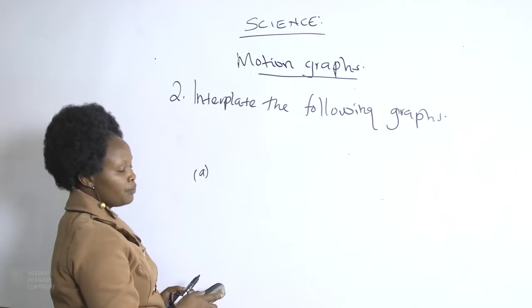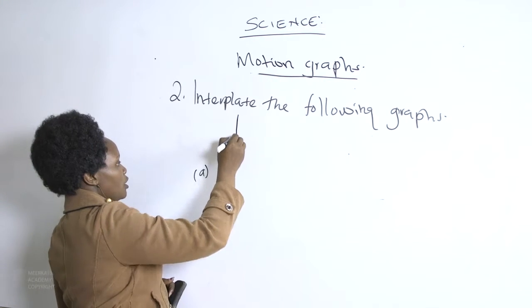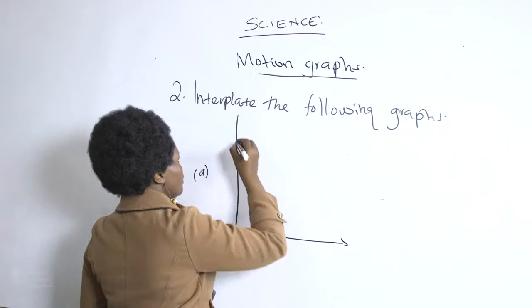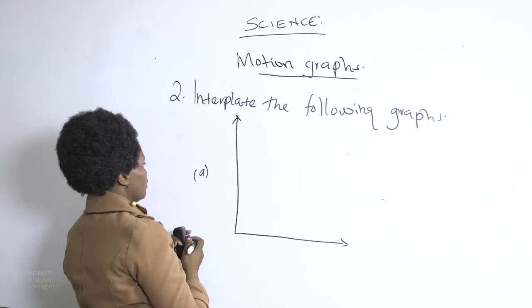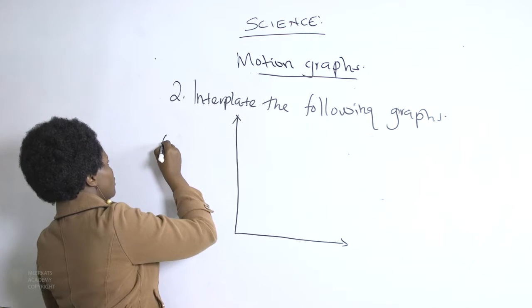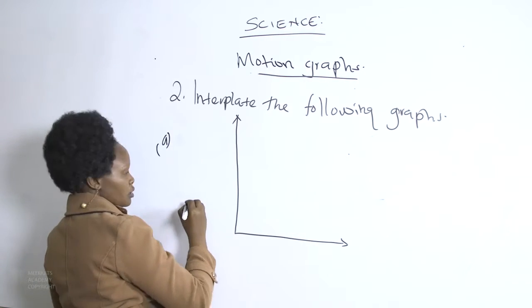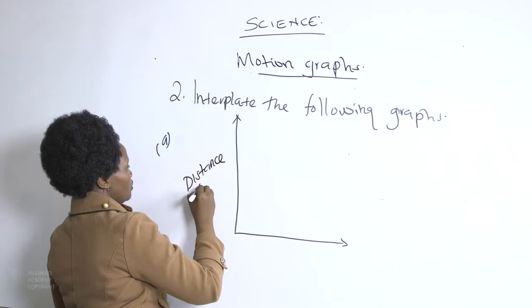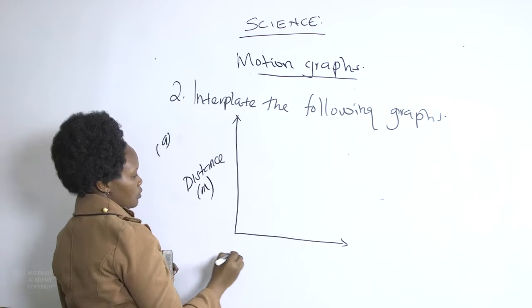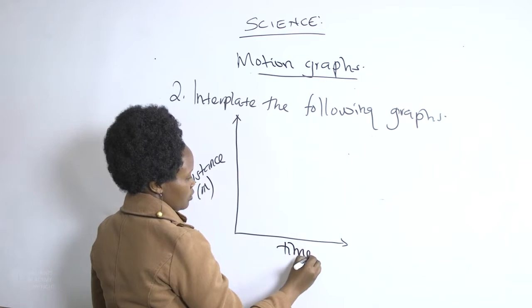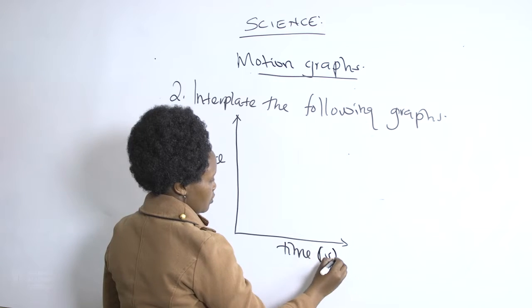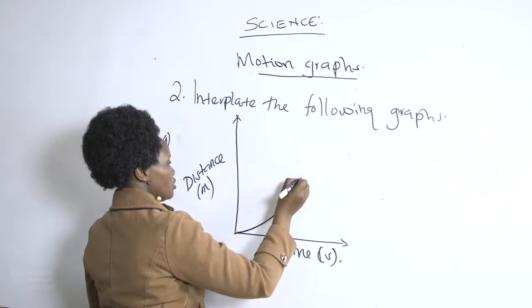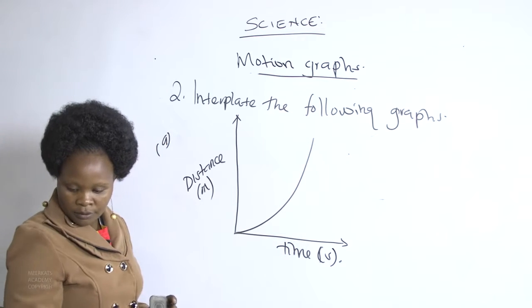A, we have a distance time graph that is actually a curve,